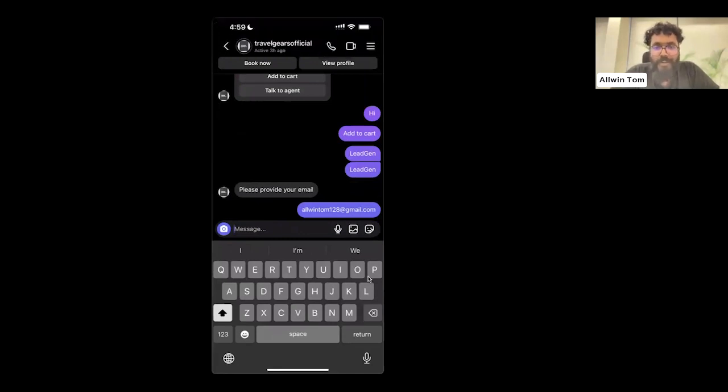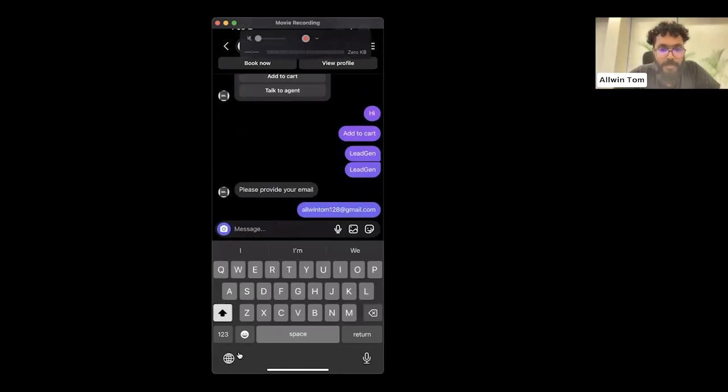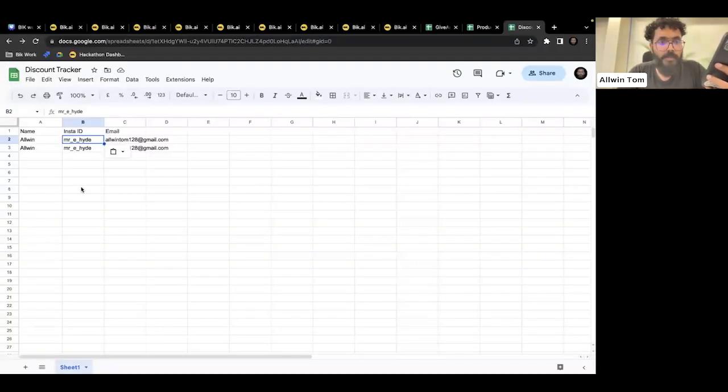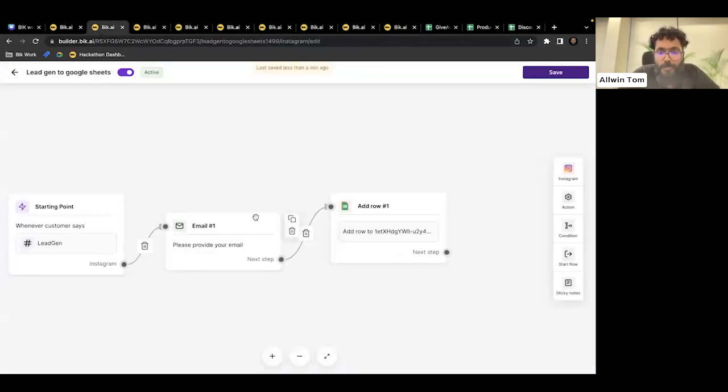I'm sorry, we didn't put any confirmation message that we have accepted your email, but I'll just show it on our sheet. Just give me one second. Is my screen visible? Yeah. So here you can see the sheet which we added. We have these three details. Now, if you wanted to ask for more questions, there are